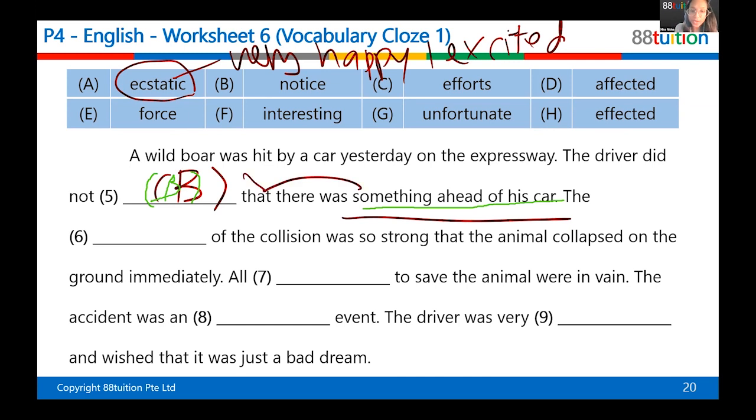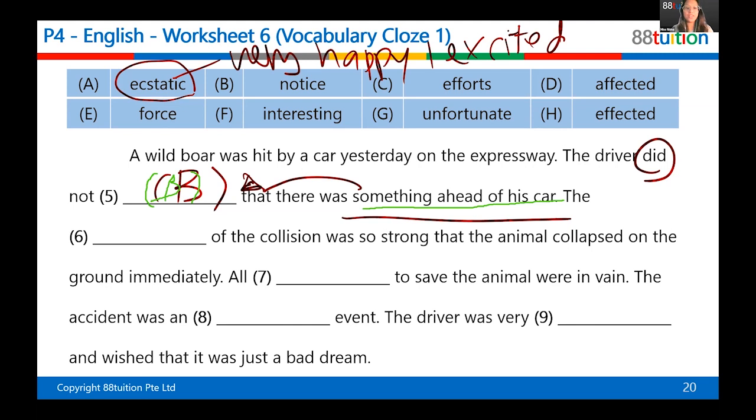Now take note of this. Whenever you have did, which is a verb in the sentence, did is already in past tense. It tells you that something is already over. Even though notice is a verb, do you notice that it's not noticed? It's just notice without an ed, because you're already using the verb did. That is the reason, because it's a helping verb. This helping verb is already in past tense. You cannot have 2 verbs in the past tense. So every time I use did in a sentence, the second verb will always be in present tense. So it's did not notice, not did not noticed. Okay, very good, because the clue is here.